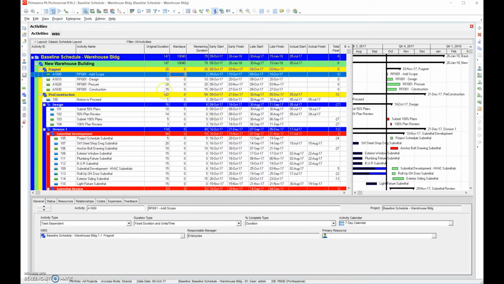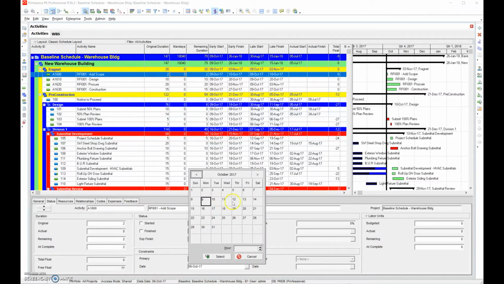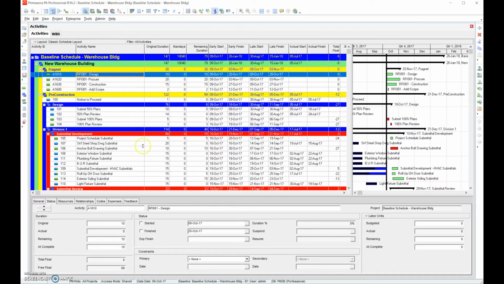So now that we have that in, we're going to say, all right, the first activity doesn't have a predecessor for the Fragnet. It happens on a specific day, because you've got to remember this is actually real time. So let's say that it actually occurred and started on October 11th. Now that we know it started on October 11th, we're going to tie predecessor logic